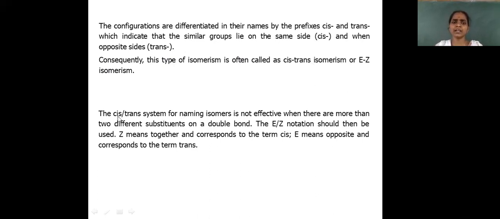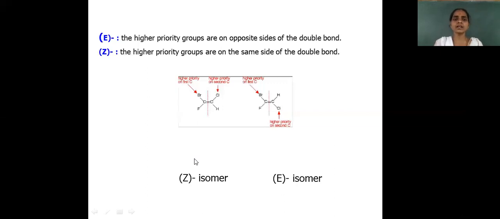Based on the rotation we can give the cis and trans, or E and Z configuration. E represents where the groups are in opposite directions, and Z represents where the groups are on the same side. That's why we call it cis. So geometrical isomerism is also called cis-trans isomerism, which refers to the opposite or same sides of a double bond.